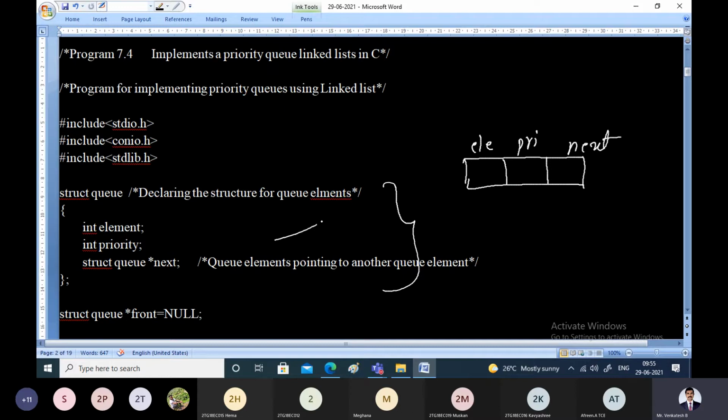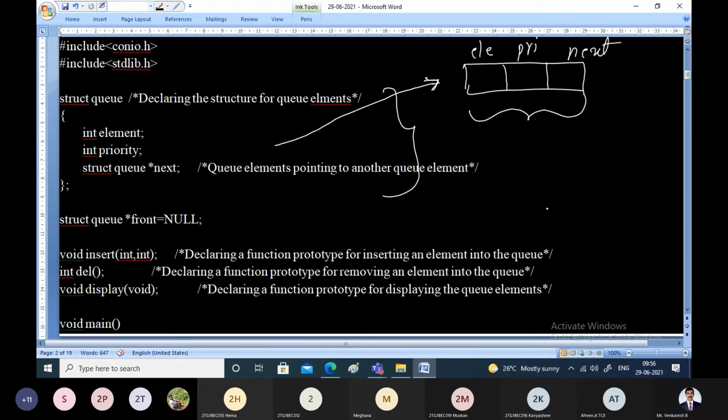Whenever you declare a node of this particular structure, one node will get declared, and these are the fields present within that node. Now this is the front pointer, that is the front node, which is declared of type struct q, and it is initialized to null.